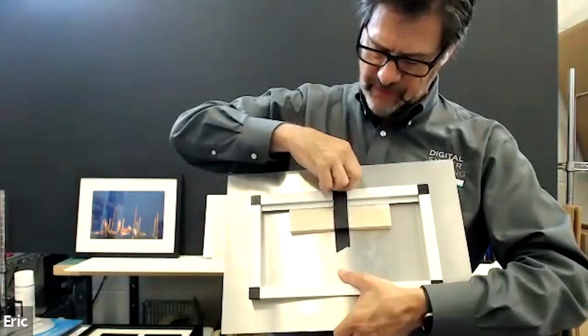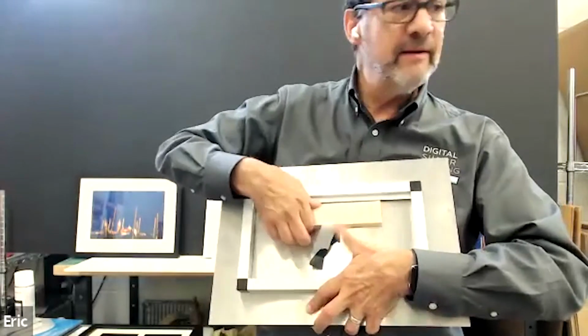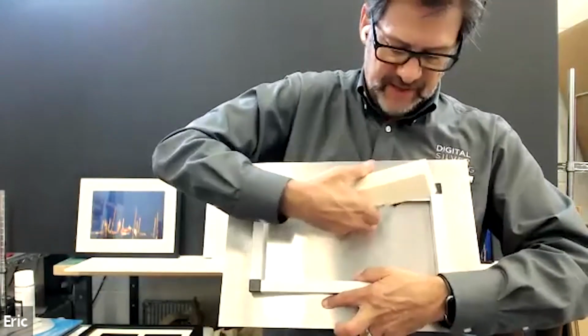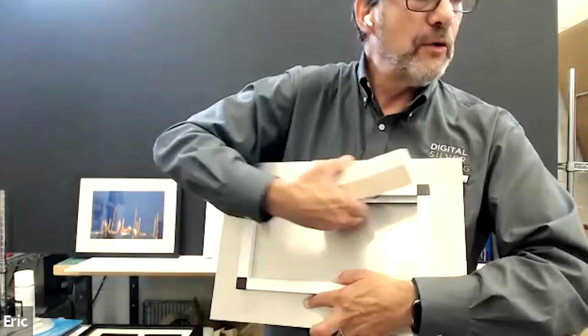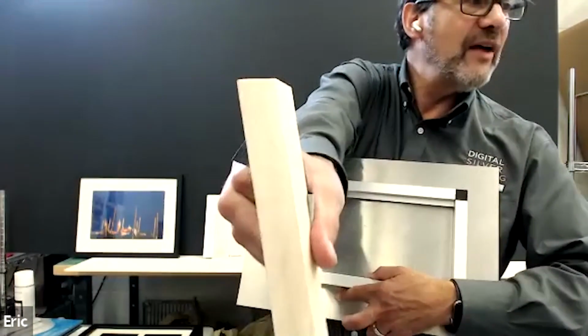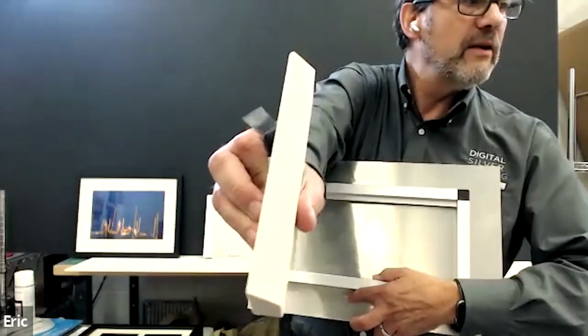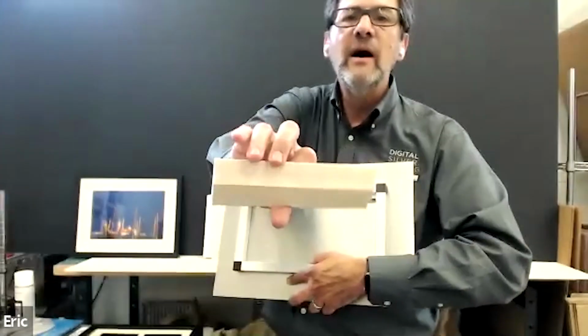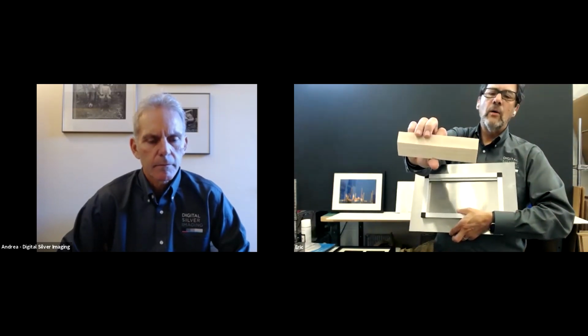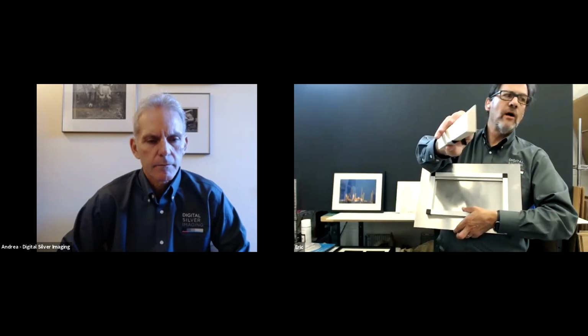And all of these come with what's called a French cleat, right? It's beveled so that the top rail of the aluminum has this little flange on it, and you can see how this has a bevel, right? Is that working, Andrea? Can we see it? Yeah, actually, that's good. Now that you've backed up a little bit, I think that distance is better for showing things. Yep. And then this gets hung on the wall like that